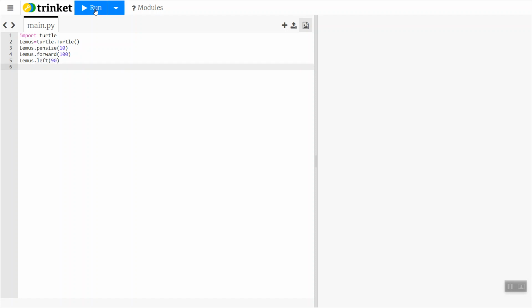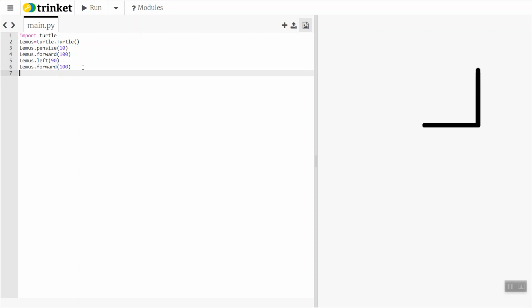And so let's go ahead and you can see how the turtle turns to the left 90 degrees. And so let's go ahead and make him go forward 100 so you can see. Can't see. And we're going to make it go forward and once again 100 pixels. And so we should have like a 90-degree angle. And there we go. And to close our square, we want to do is we can make it go left